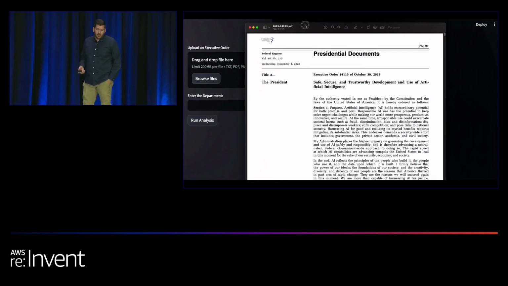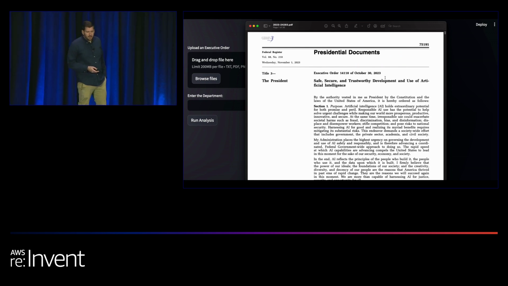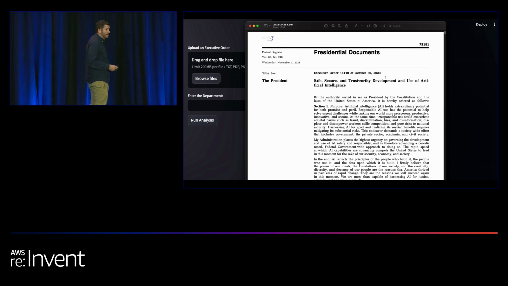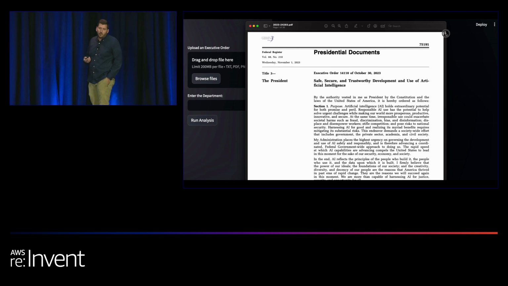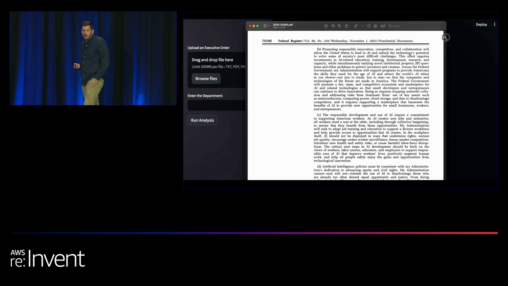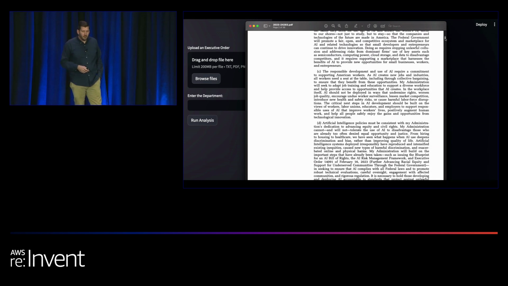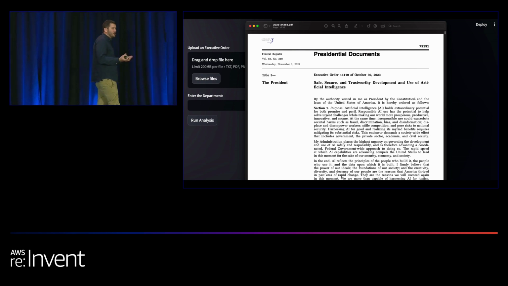So it has requirements in it. Here you can see an example of that. I think it's 36 pages. If you've never read an executive order, it's a bit dense. And so we thought, well, how can I summarize this and extract information of this document from the perspective of different departments within the federal government? So obviously, our federal government customers are going to be reading this, but let's simplify it just a bit in